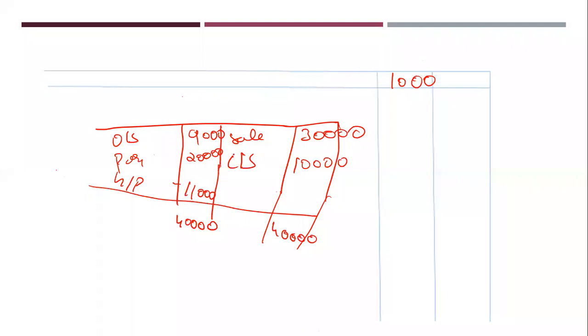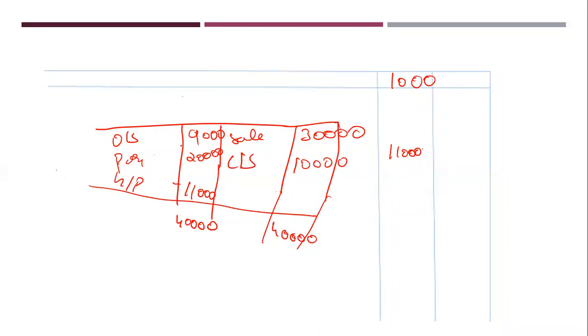Next is undervaluation of closing stock. For an example, in this case my stock was supposed to be 11,000, but they have considered only 10,000. So if I add this, my profit will increase here also, right? That's the reason any undervaluation of closing stock will be added back. However much it is undervalued, that amount will be added back. So any overvaluation of opening stock and undervaluation of closing stock will be added back to rectify, to increase my profit.